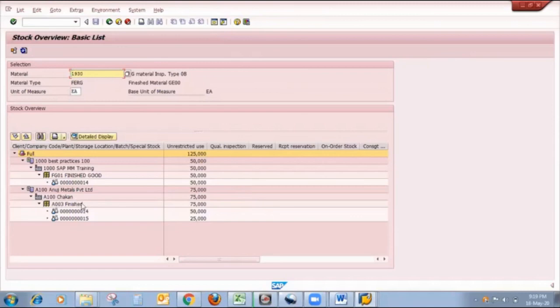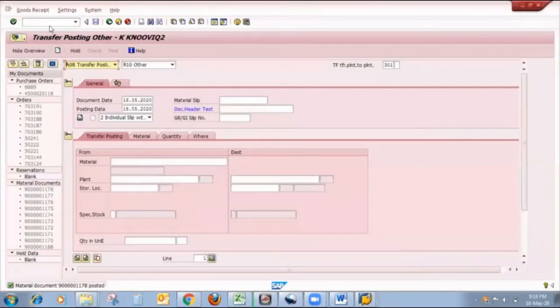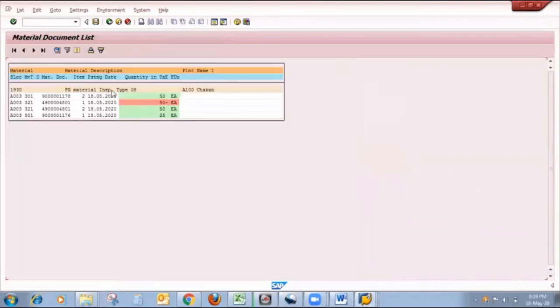One more thing I will tell you: if you want to know the movement type, we can check with the help of the MB51 T code. Here you put the finished material, put the plant also, and execute. So friends, there is currently a 321 and a 301 movement. With the 301 movement, we can transfer our stock, and with the 321 movement, we can transfer stock from quality to unrestricted.